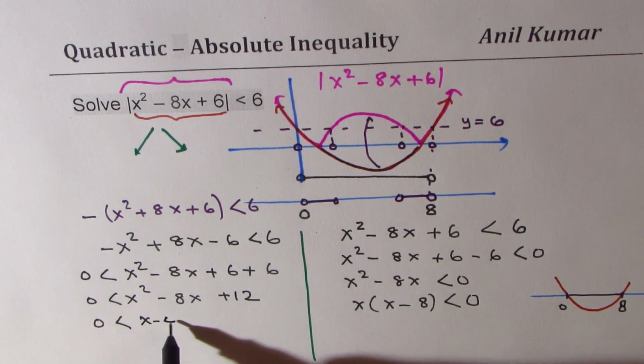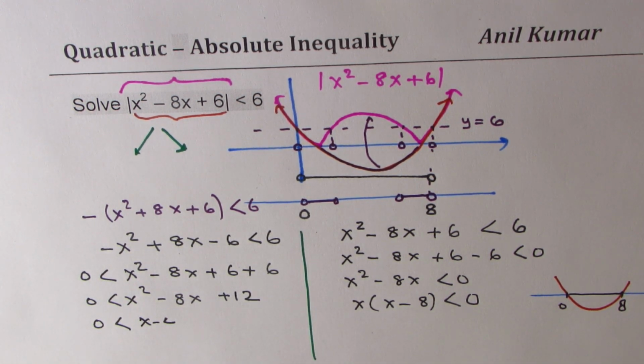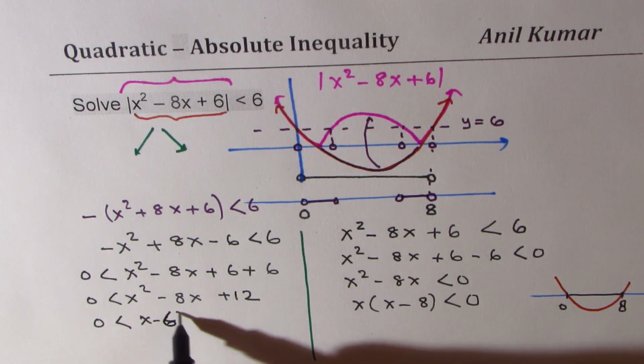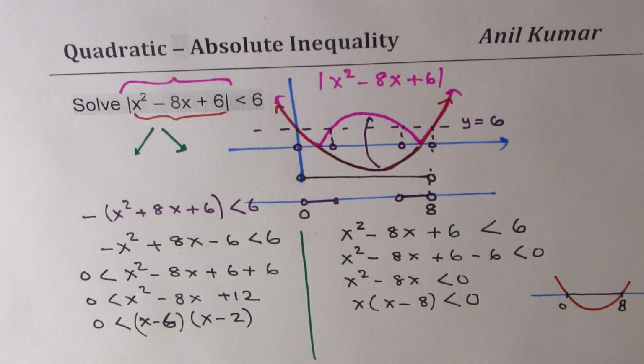X minus 6 and 2, I'm sorry. 6 times 2 is 12, 6 and 2. So x minus 6 times x minus 2, right? So that gives us the solution, when we say less than,